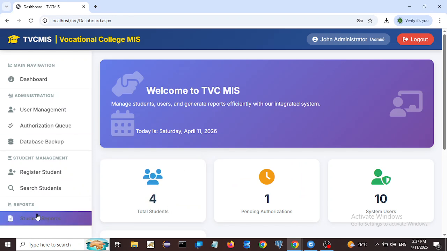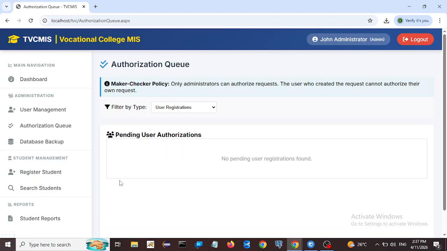Once you are logged in, you come to this menu for authorization queue. Click on that. There's a drop down here because we have centralized all the requests for authorizations in the software in one place. Now there's a drop down whereby you select which record you want to authorize. So in this case, you've created a new student. We select